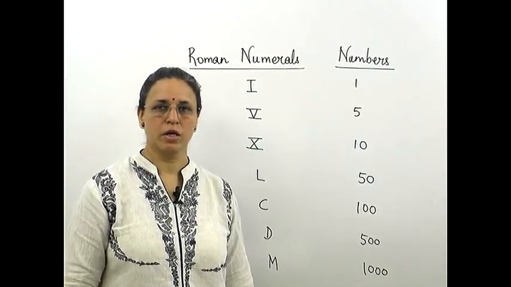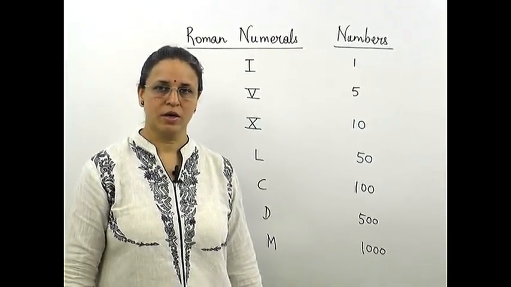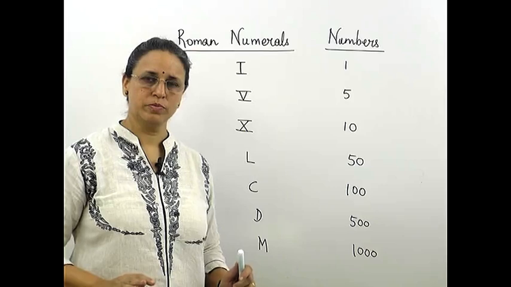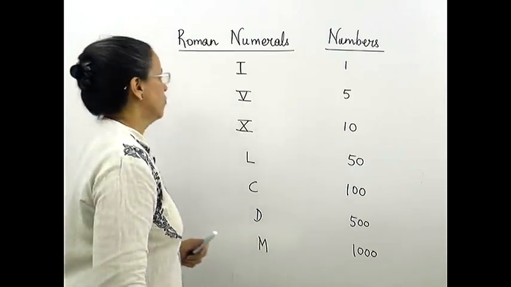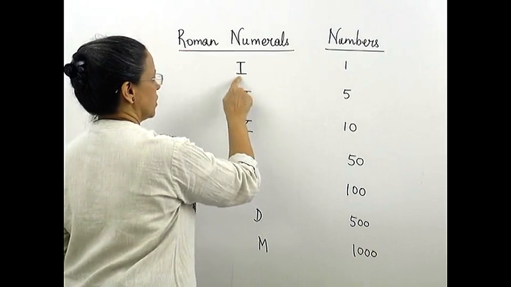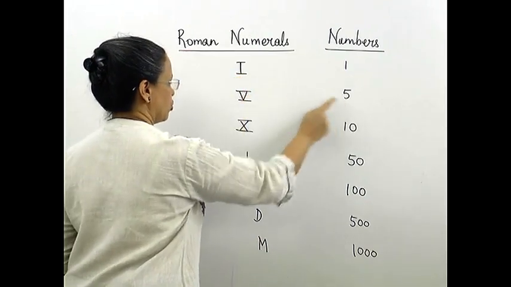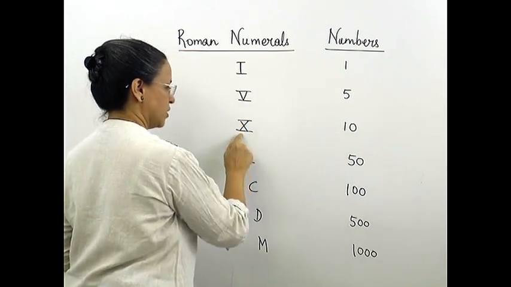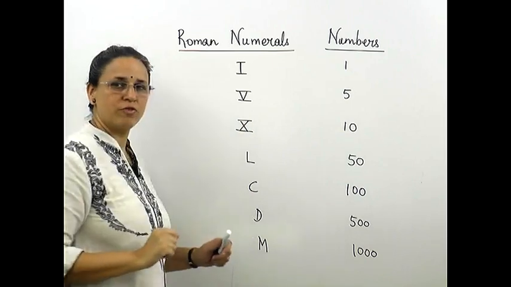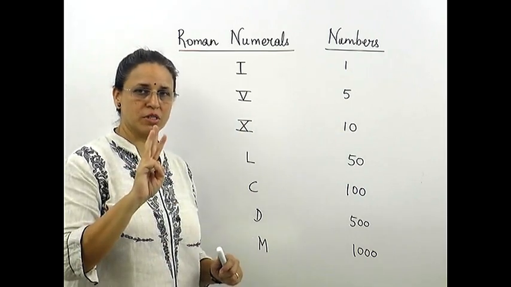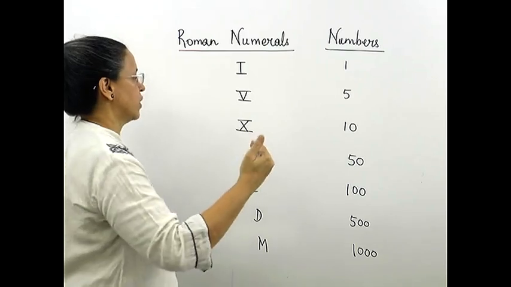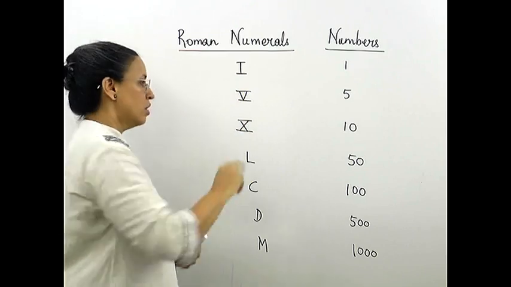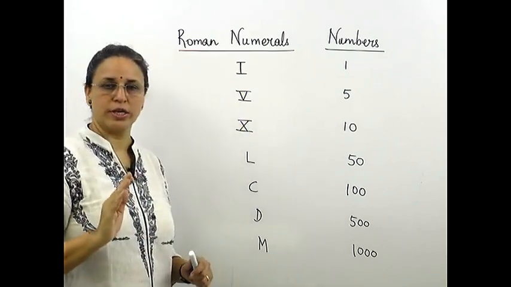Up till now we learned the numbers 1 to 20. Now there are some more numbers that I will teach you, but it is not for portion just now. But if you learn it, it's okay. We already learned the number 1 is written in this manner. And 5 also we learned, we have to write it in this manner. And we learned 10, we have to write it in this manner. Now you know that we said that only up to 3 times you can use the number consecutively. That means if I write this 3 times, it will become the number 3. But for 5, we were not allowed to write it more than once.